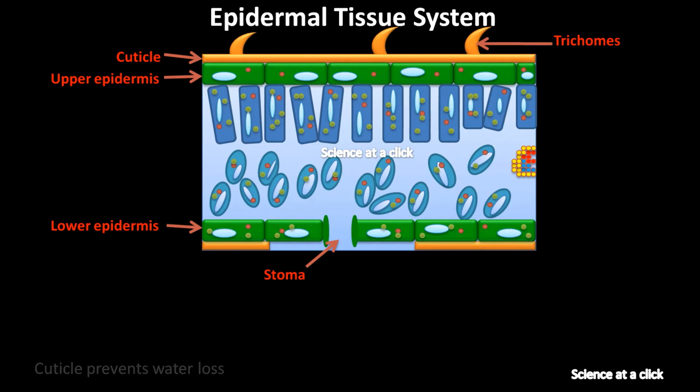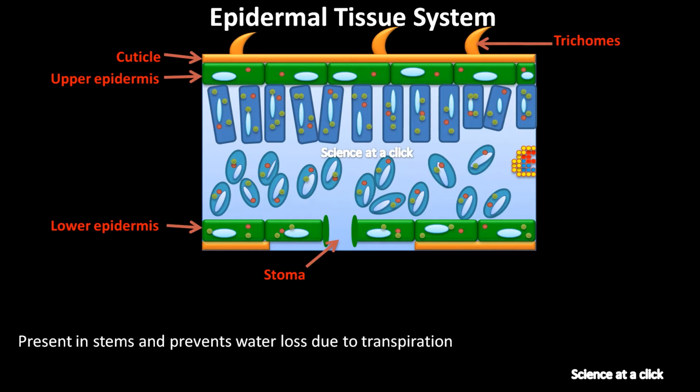And trichomes, on the other hand, are usually present in the shoot system and are multicellular. They can be either branched or unbranched, soft or even stiff. They might also be secretory in nature, and their major function is to prevent water loss during transpiration. Note, I have told you this section is a leaf section, but trichomes are also shown. This is just to make you understand where the trichomes are located, that is on the upper surface of the plant body, above the cuticle. Just to show the arrangement, I have shown it in this image itself, but in leaves there are no trichomes. They are usually found in the stem areas.